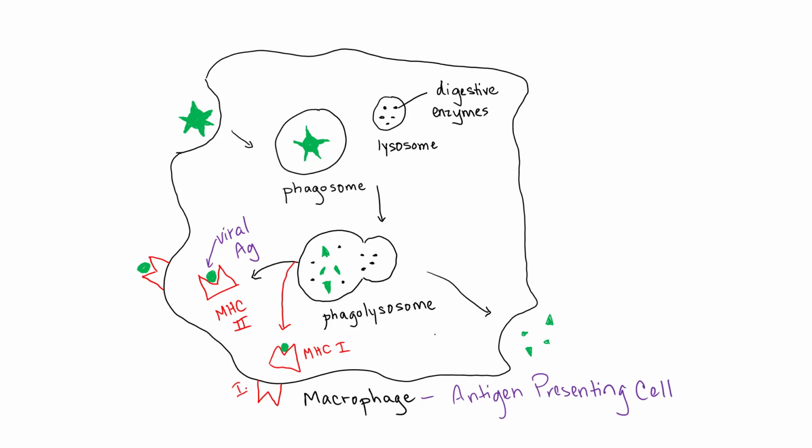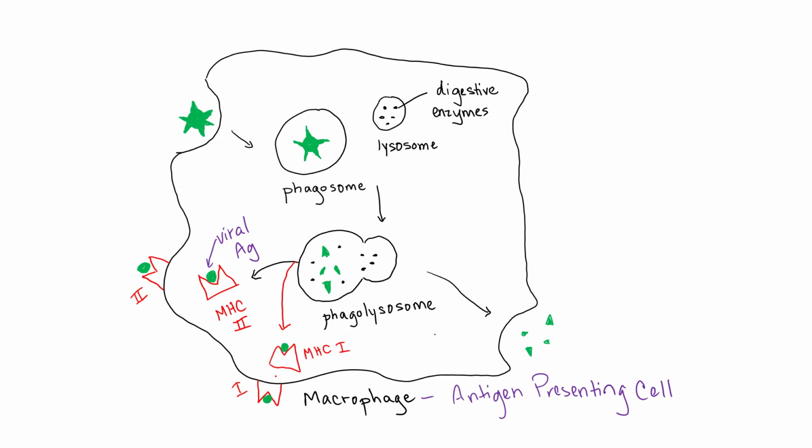So this is MHC1, and over here this was MHC2 complex to the viral antigen. So that's important to note because this antigen-presenting cell has the capability to present to two different types of T